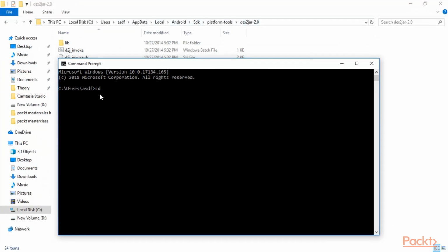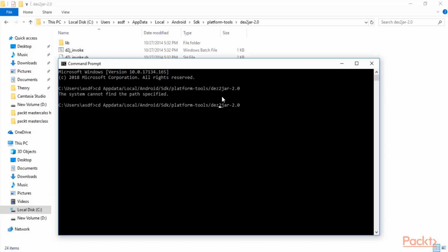You need to type cd space app data / local / Android / SDK / platform-tools / and then the folder Dex2Jar-2.0 and hit enter. We did a small mistake. It is Dex2Jar. Yeah, so we are inside that directory.